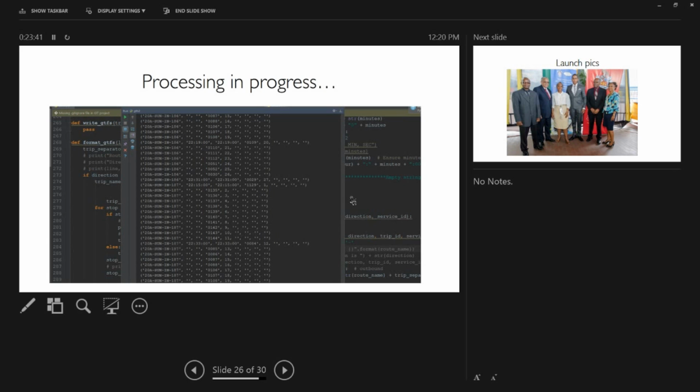And so this takes care of both the stops.txt and the trips.txt, because each of these will represent a single trip. And we separate the trips by direction. So that's trips going outbound from the origin, and the inbound trip from the destination back to the origin. So we finally got that working, and now in terms of the process to get the actual feed launched,